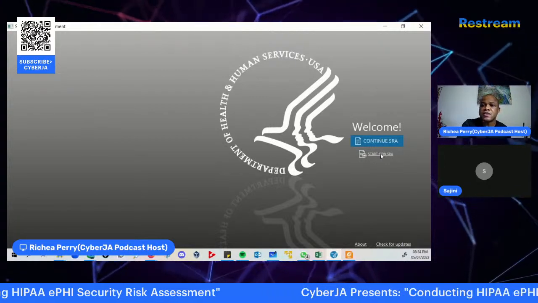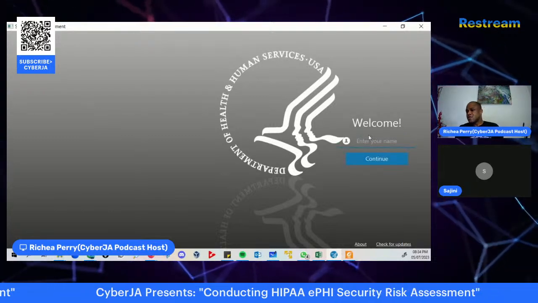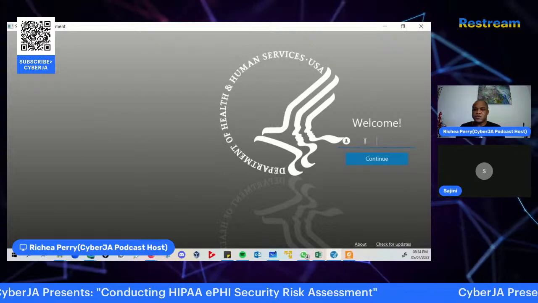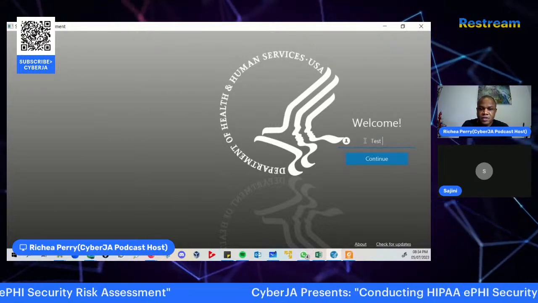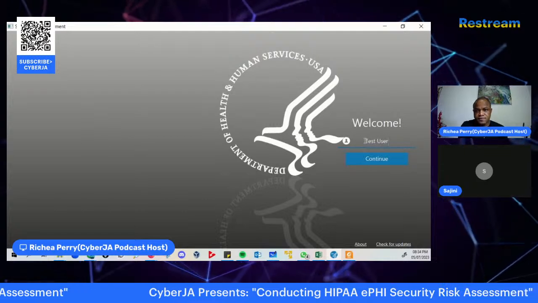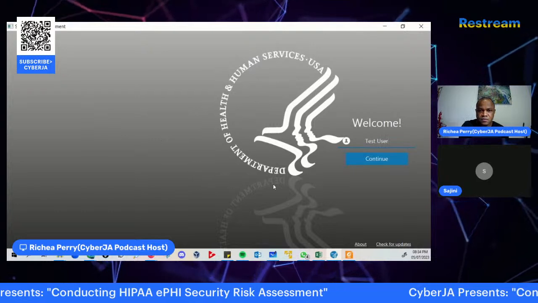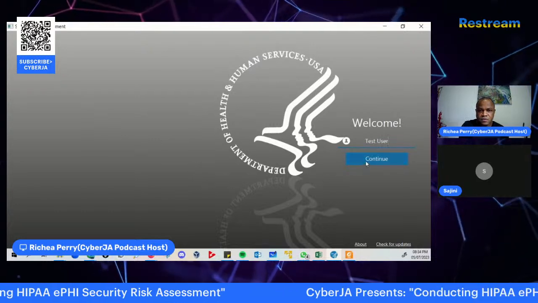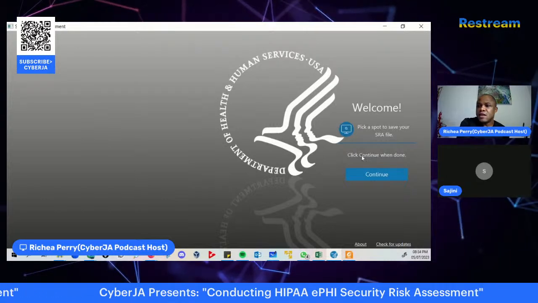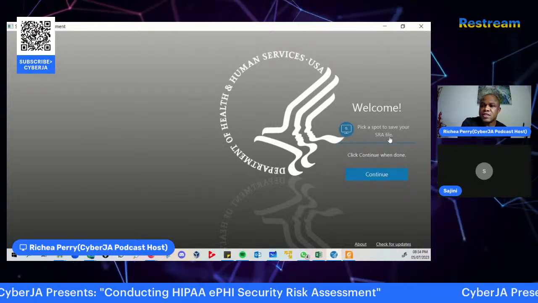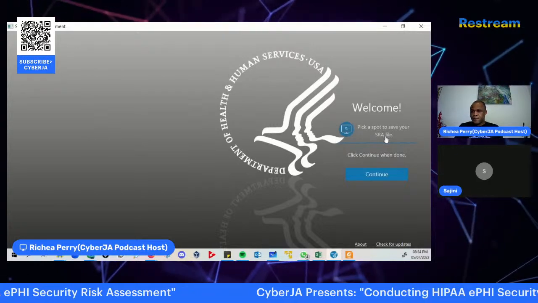In our case, we want to start a new one. The first thing required is to create a name. In this case, we could say test user, right? Test user, continue. And it says, pick a spot to save your security risk assessment file.